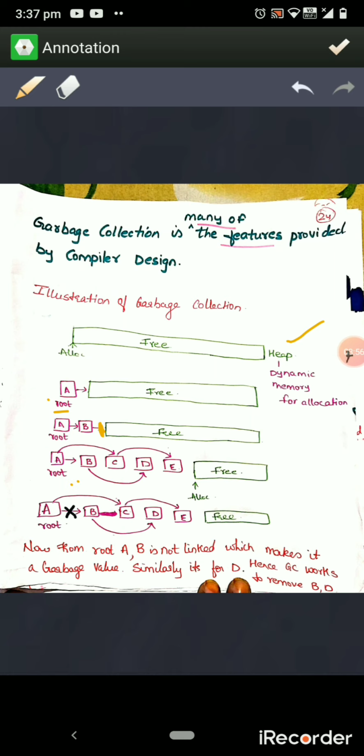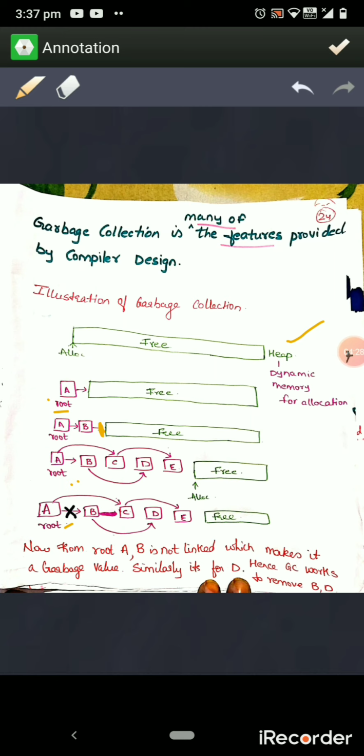After some time, it might so happen that the link which was linking A and B is lost. A no longer has the pointer pointing to B. What happens in this case? B, which cannot be reached by the root object, becomes completely waste, useless, garbage.